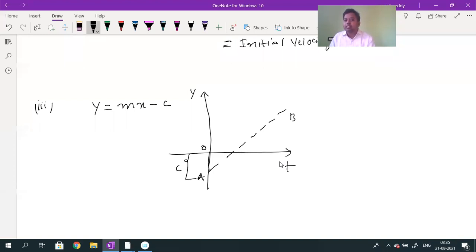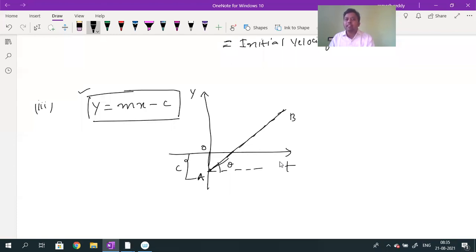Even I can calculate the slope value. Now this is my straight line. Just I am telling what the equation is and what the shape of the graph is. That is enough, not much more is required from the physics point of view. If there is any extra information, you will discuss it in mathematics. Total coordinate geometry we are not discussing here. So this straight line is AB. If I want to calculate the slope, the angle made by the straight line with the horizontal gives the slope. Whenever y is equal to mx minus c is given, you should remember that it is the equation for a straight line with a negative y-intercept.